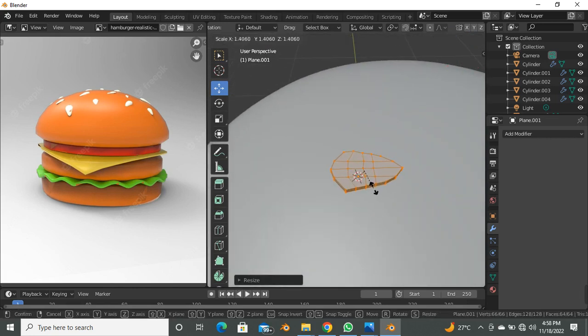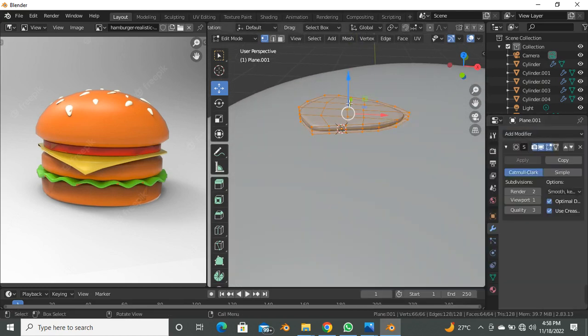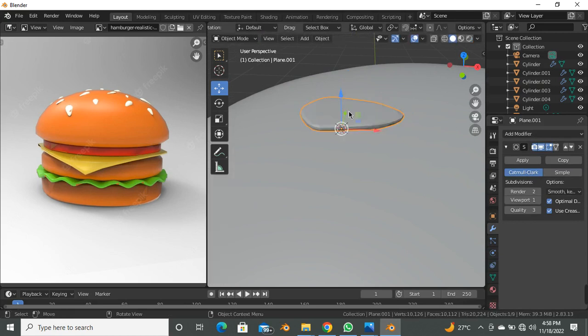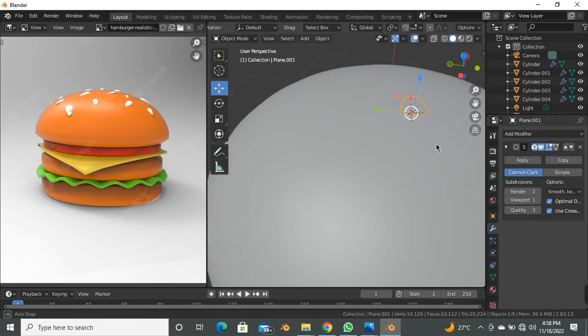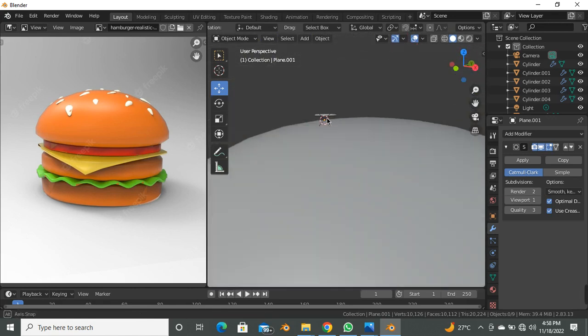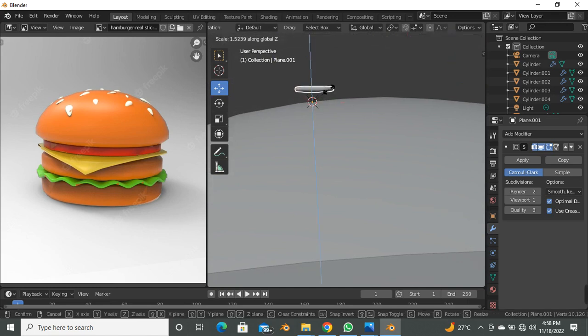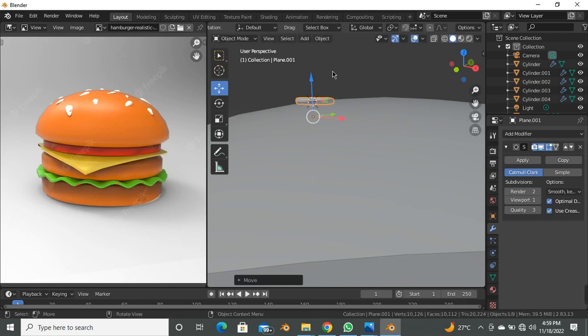So we'll just spread it around, and we'll go to our add modifier and add a subdivision surface modifier. Click tab and right click and say shade smooth. So now we have our seed on top of our burger, and we can select this and say S and Z to scale to give it a little bit of depth, and we can push it downwards, touching the top